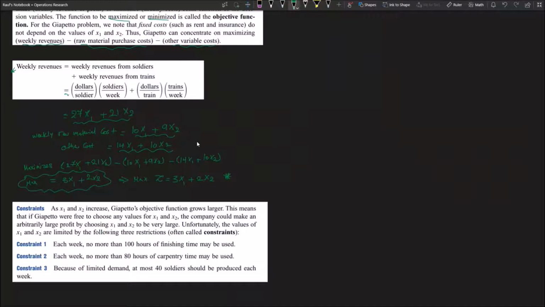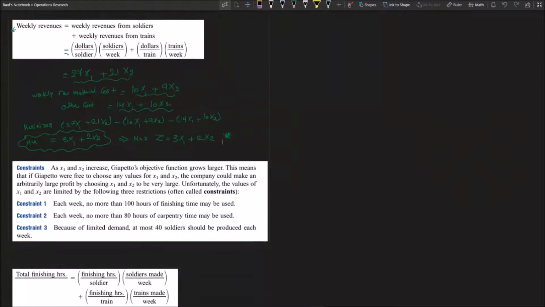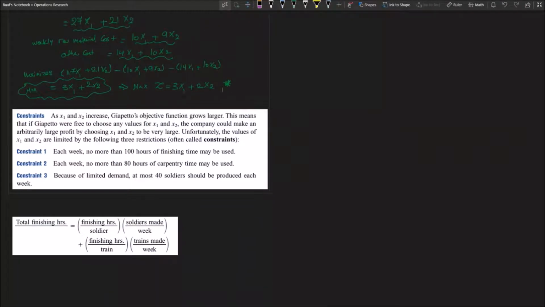Since we are using a linear programming problem to optimize this kind of model, then as we mentioned earlier, we need to look into constraints. In terms of constraints, we can say as x1 and x2 increase, the company objective function will be larger. That means the company is free to choose any value of x1 and x2, and the company can make a random large profit by choosing x1 and x2 to be very large. But the bad thing is the values of x1 and x2 are limited by restrictions and constraints that are written in the problem. So the constraint number 1,